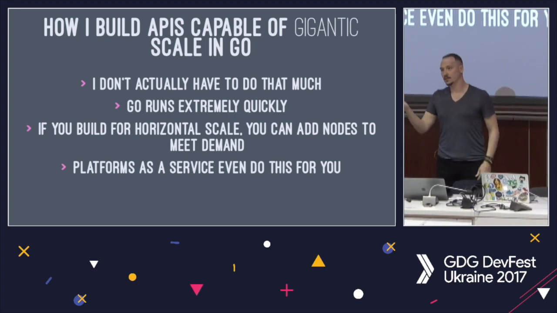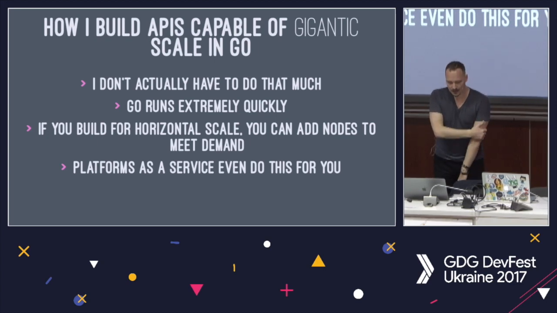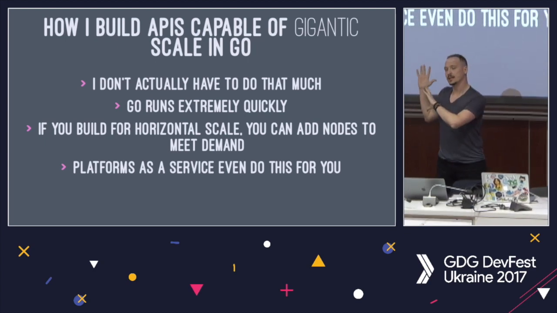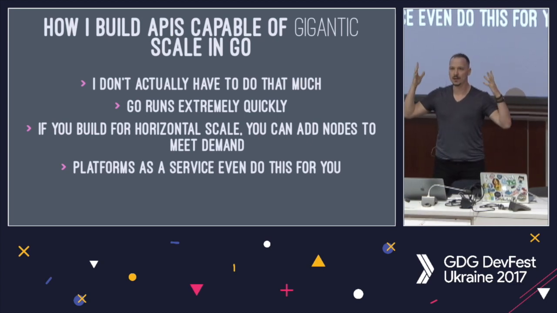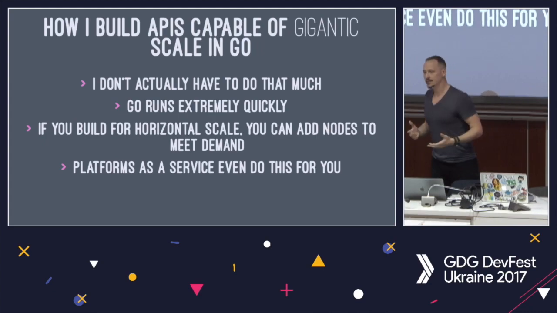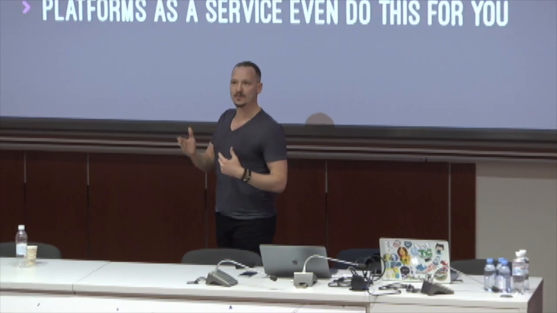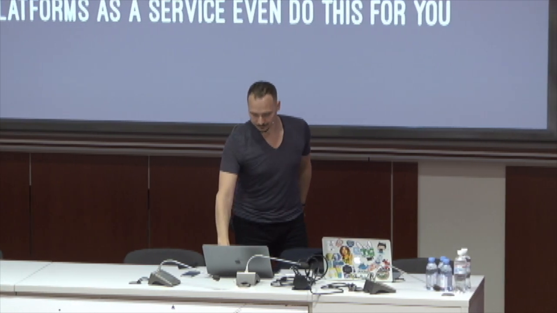As we know, Go runs extremely quickly. And there are lots of technologies, like Kubernetes, a great example, that will actually manage your scale for you as well. And Google App Engine standard environment, which is what I'm going to really be focusing on today, has a similar kind of thing. Although it's a bit different and it's a bit special, and you have to really understand why that is to make the most of it.